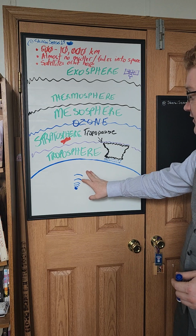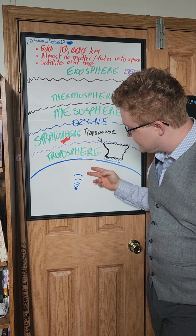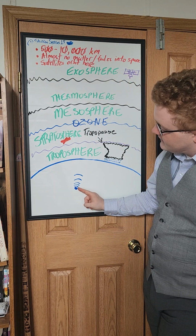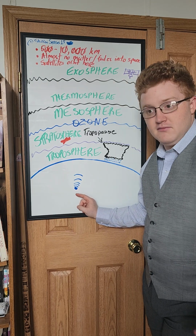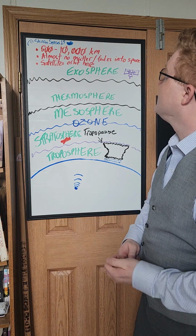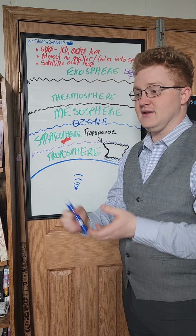But that's a lot closer to the actual scale of how massive the exosphere really is in comparison to the other layers of the atmosphere, right? If I was to draw this completely accurately, all of these layers would be so close to that little blue dot that I just drew that they would appear to be almost touching it, right? But the exosphere stretches to about 10,000 kilometers, and it doesn't really have a solid border because the outer layer